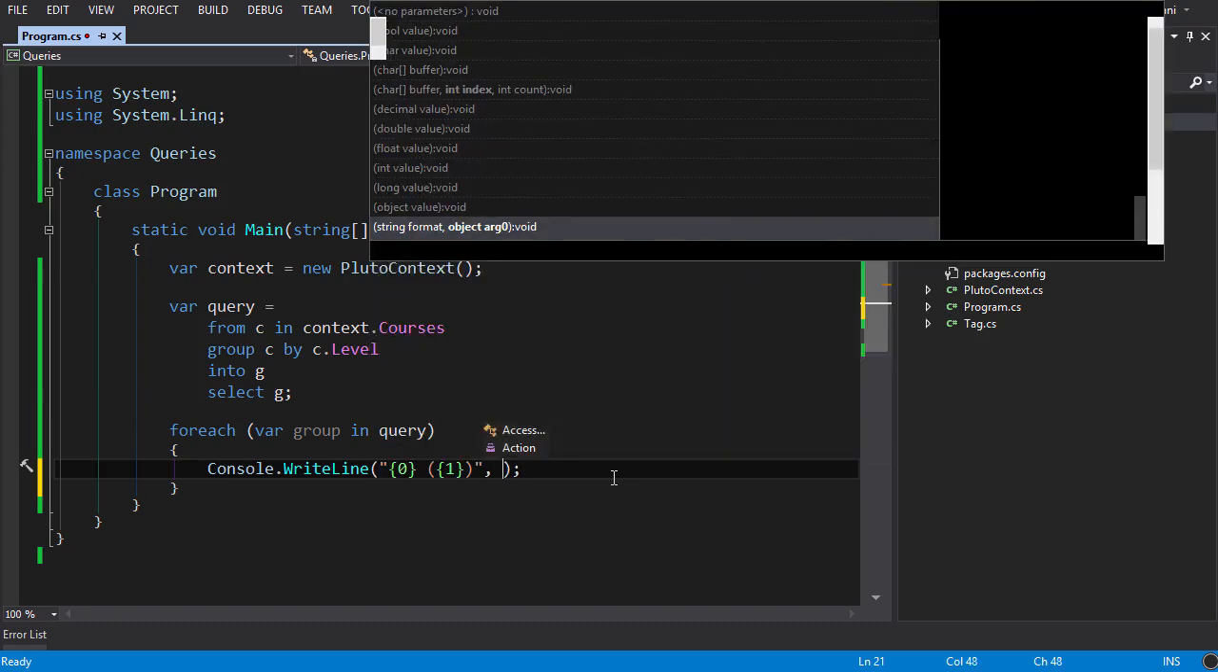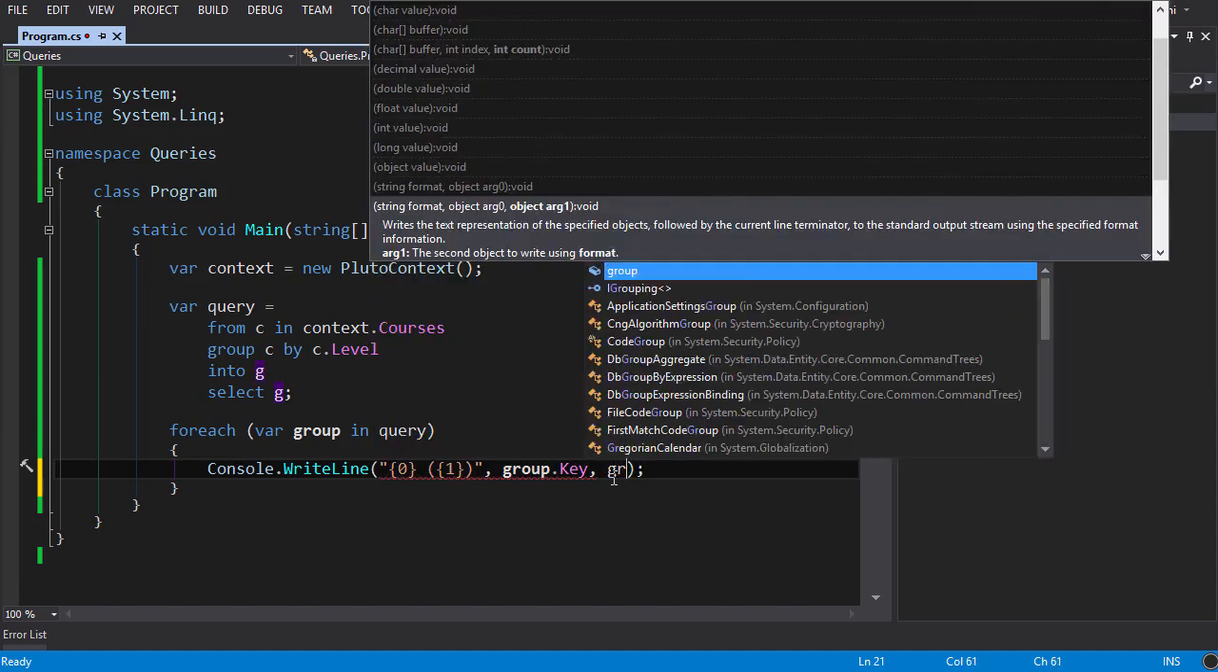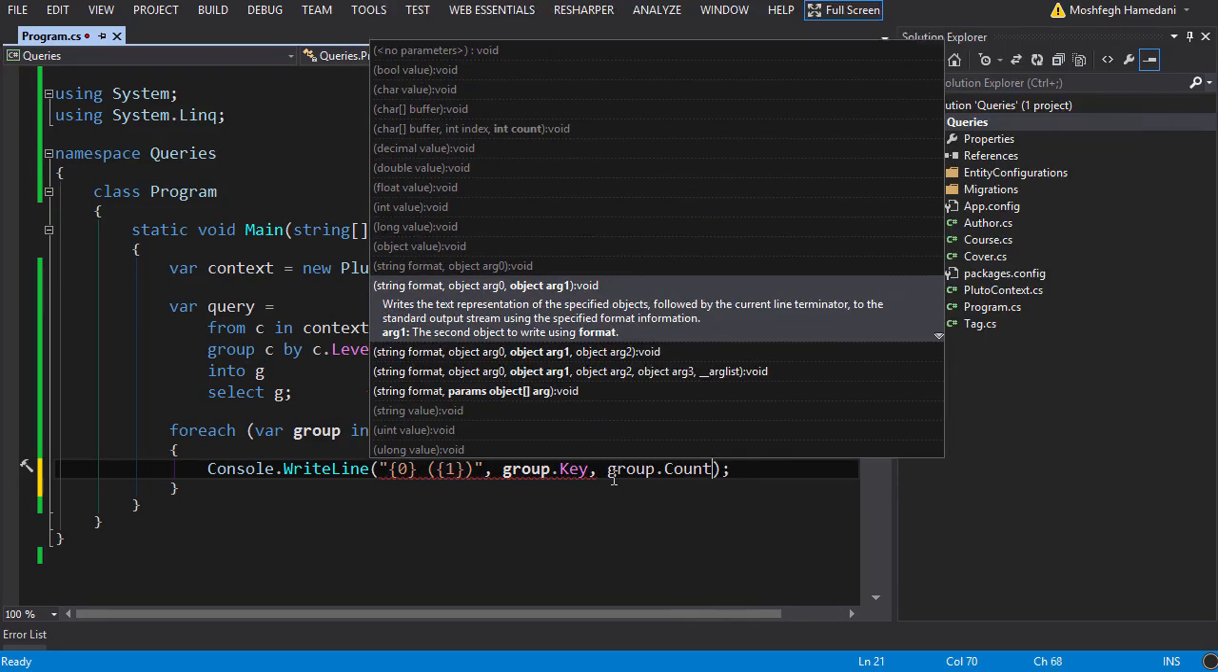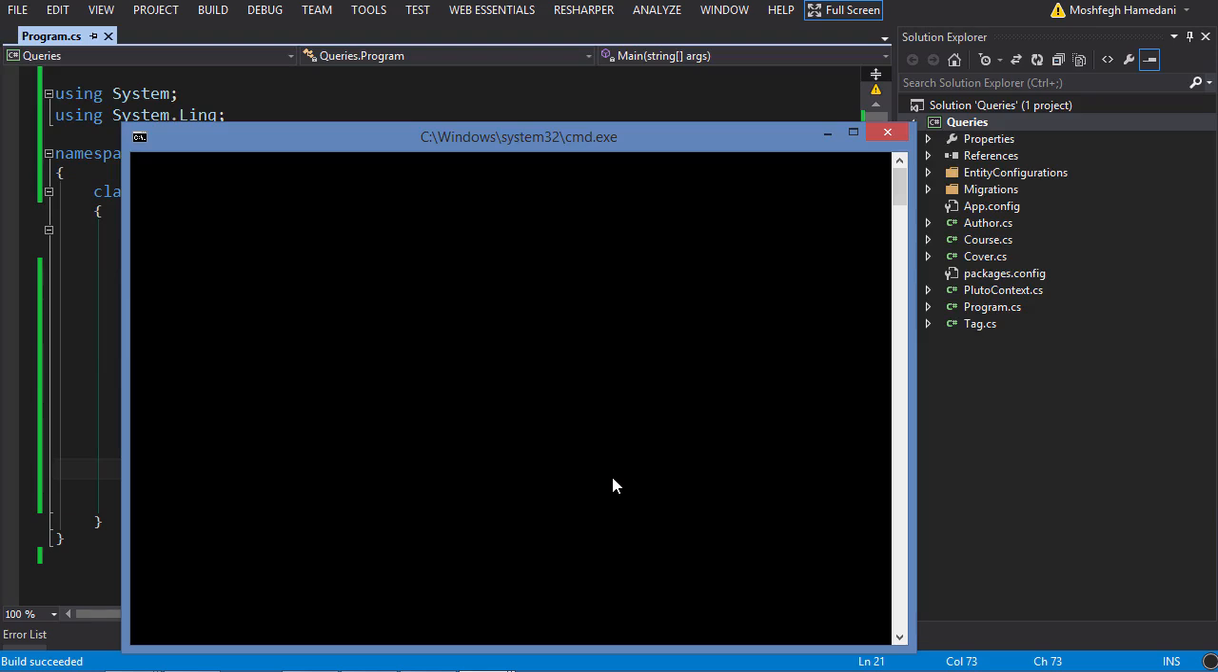So for this first argument, we're going to use group.key. That's the key of the group. And for the second, we're going to use the count method. So let's run the application. So in level 1, we have 4 courses, same in level 2, and in level 3, we have only 1